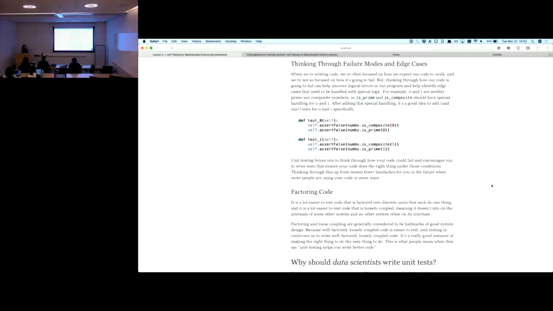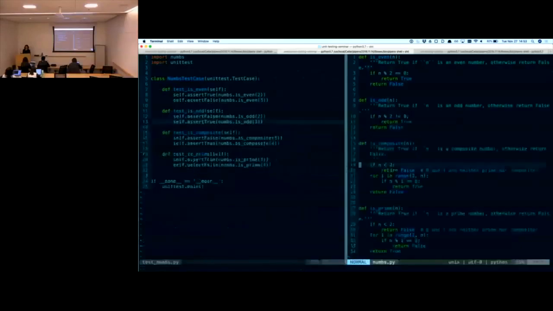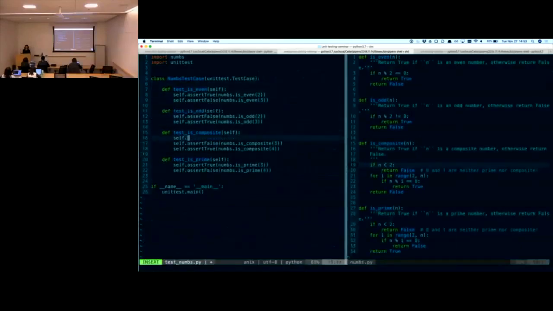I guess the other way, we don't need to make this more complicated than it is. The other way would just be to put, instead of having 2 separate test methods for 0 and 1, we could add each of these assert methods to our tests for each of these functions. So what that would look like would be like